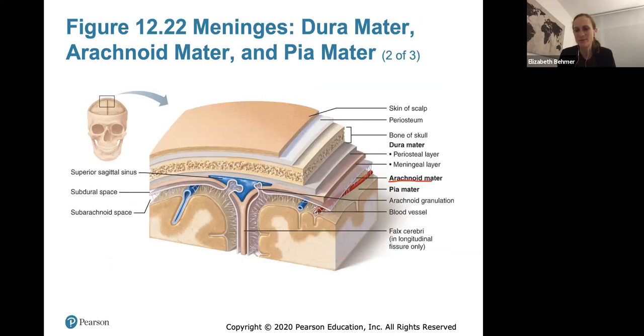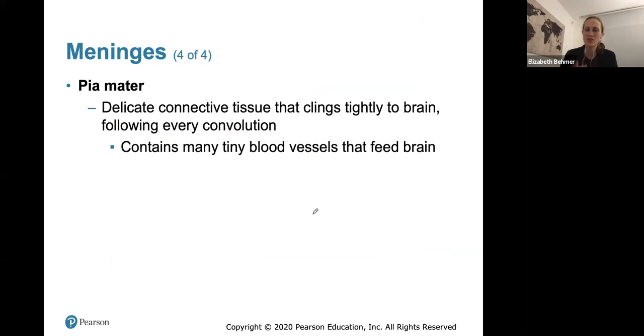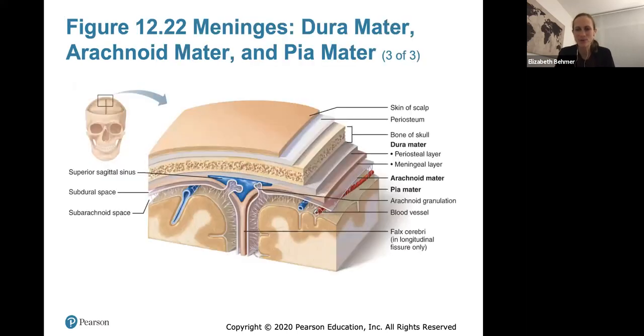vessels of the brain. Then the pia mater is the third, the innermost layer of the meninges. It's the delicate connective tissue layer that clings tightly to the brain, and it follows every convolution or curvature of the brain, or the gyri, and it contains many tiny blood vessels that feed the brain, and that's the pia